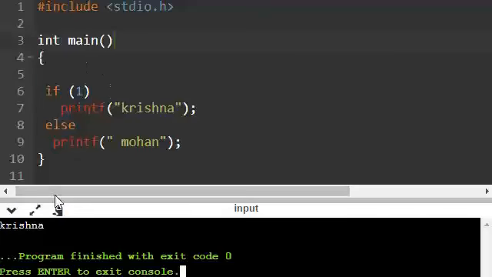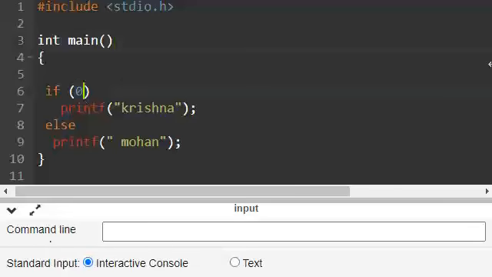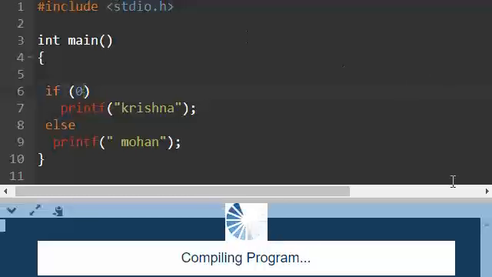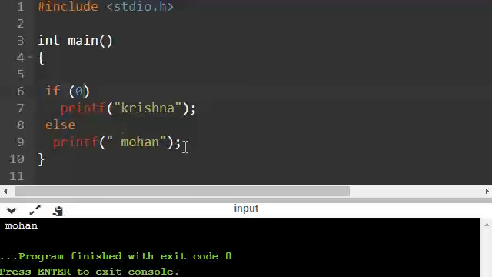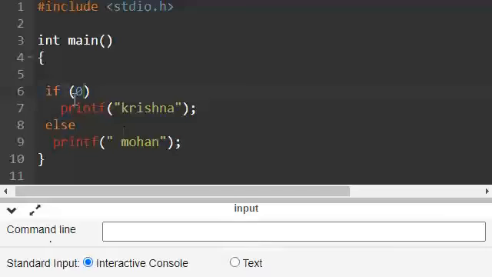So 1 means true, so it is printing only this part. Let me try with 0. So 0 means false, so this part is getting executed. But I want to print both. Let me use